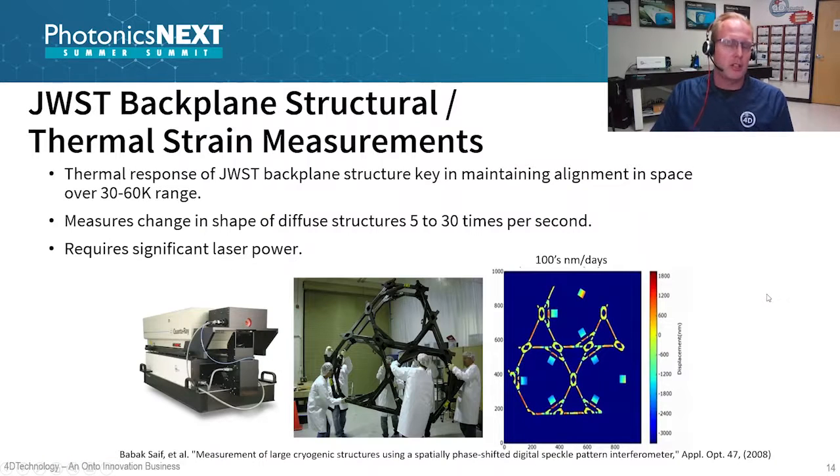Another application at the James Webb was actually looking at the backplane structure. So they're looking at thermal strain and thermal variation. So the thermal response of the backplane was really key in maintaining the alignment of those segments over certain temperature ranges. And so they used an extremely high power laser system to get reflectivity off of that darker structure there, and measure the shape, actually using what's called an SP type system to measure that structure and how